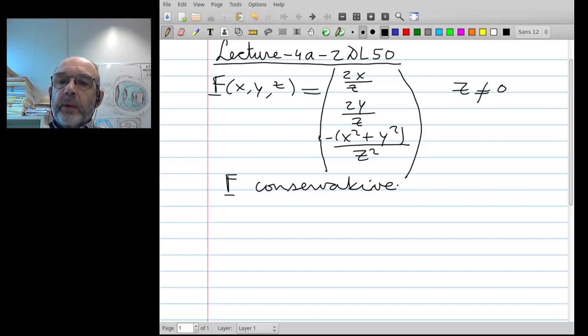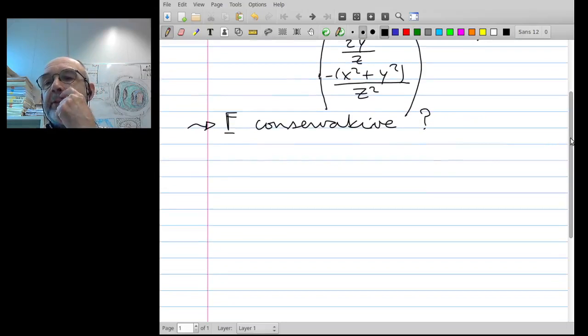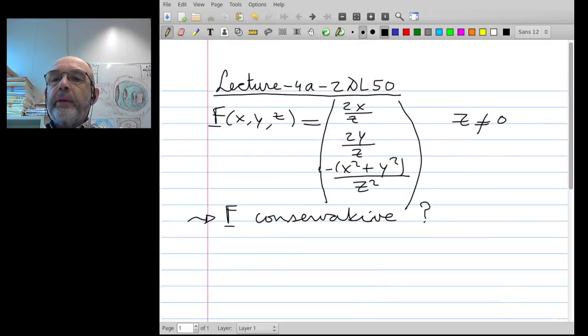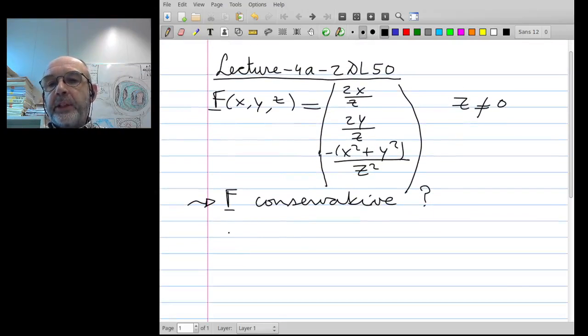So here also we look if they satisfy the necessary conditions, and if they do, we can also calculate the potential,